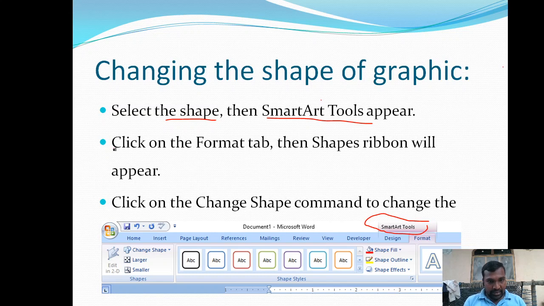Under this SmartArt Tools we have two options, the Design and Format tabs, so two menus are there. Click on the Format tab, then the Shapes ribbon will appear.